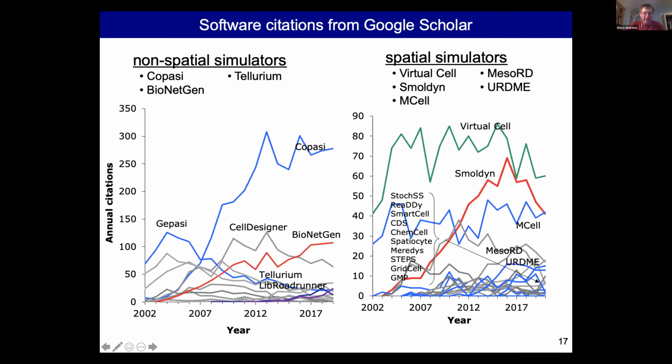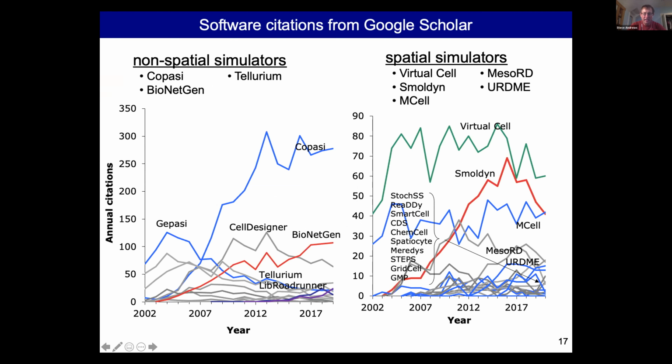We keep track of source citations on Google Scholar for a long time, just to see what people actually use out there. Now, this is not actually what people use. This is what people cite, which tends to be name recognition and what people want to put in their papers. But it shows a few tools get most citations, and a whole lot of things are out there as well with fewer citations.